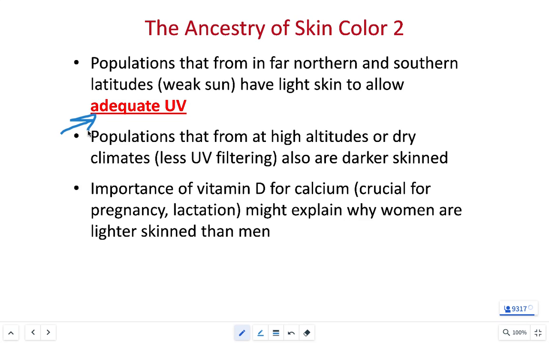Why do we need vitamin D? What's the big deal with vitamin D? Well, vitamin D primarily is going to be associated with calcium processing. Not only does it allow us to absorb calcium from our food and our digestive tract, it also allows us to reabsorb calcium from our urine or filtrate as we're making urine. If we don't have enough vitamin D, we don't have enough calcium,